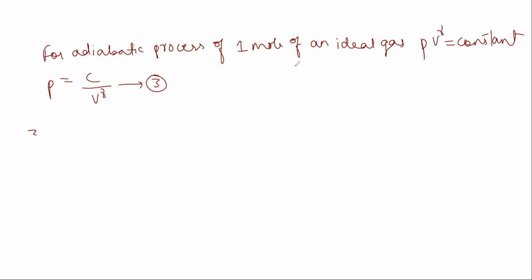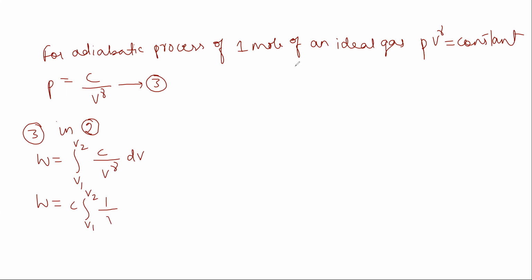So next, put this equation 3 in equation 2. So then W is equal to integration of V1 to V2 of C divided by V raised to gamma into dV. C is a constant, so when we integrate from V1 to V2, it is 1 divided by V raised to gamma into dV. R and T are constants. So how can we write this? W stays as it is, C is put outside, so V raised to minus gamma